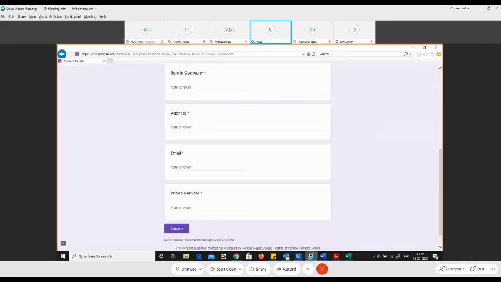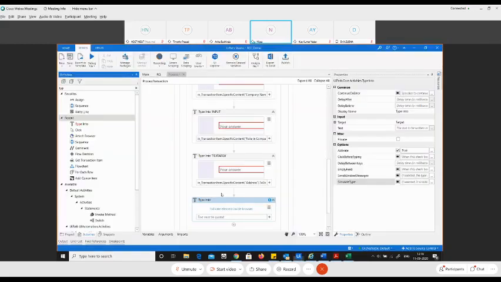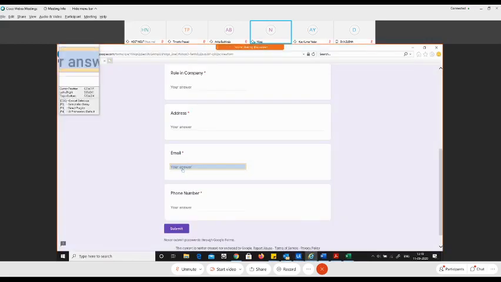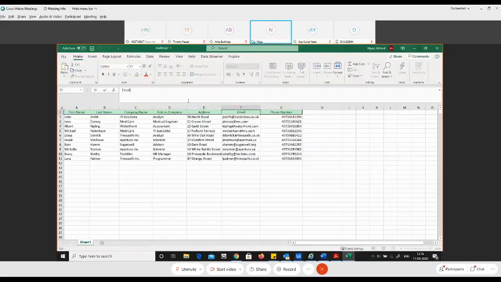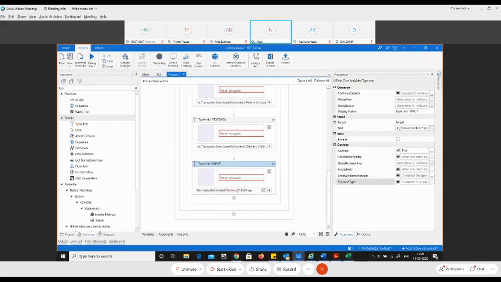So the next item that we have in our list is email. So we'll indicate where I need to type in the email. There you go. And let me copy the name from the Excel sheet, and let us paste it over here. That is the email section. Awesome.